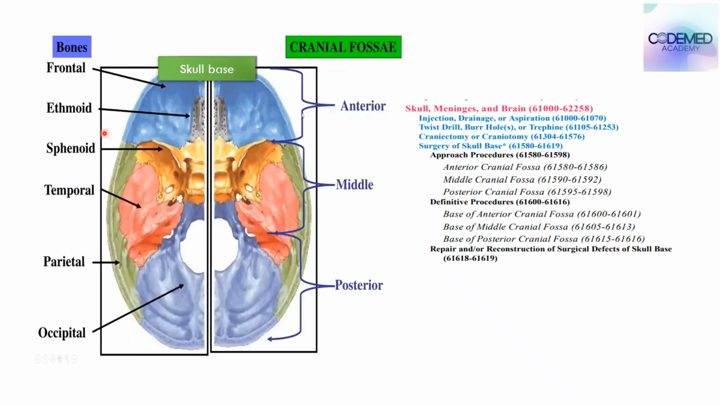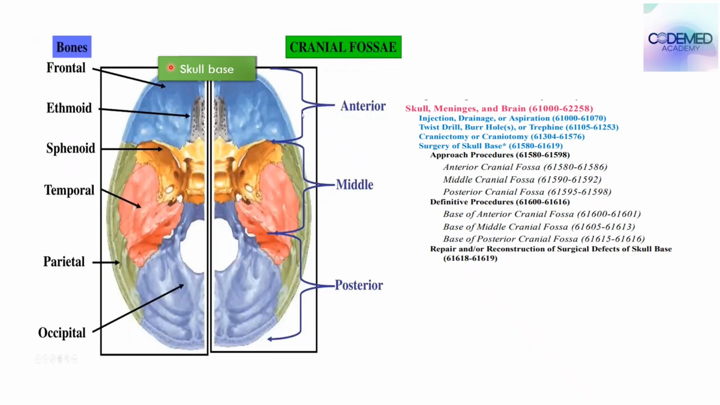Now, here I have given you the diagram of the base of the skull, and you will see that the base of the skull is divided into three different compartments. This is the anterior compartment, which is formed by the frontal as well as the ethmoidal bone. I am giving you these bones' names because sometimes in anatomy it is asked what are the bones that form the